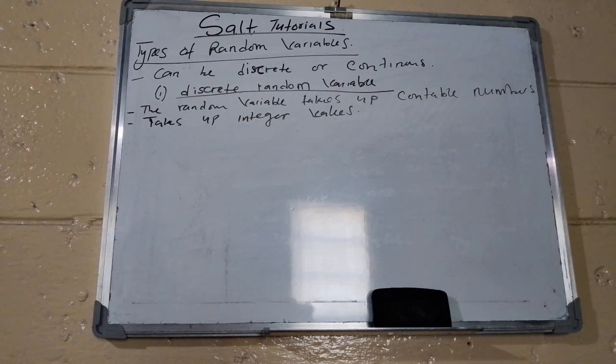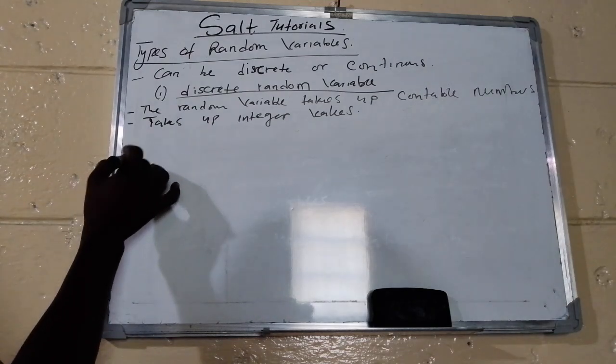Some examples of discrete random variables might include the attendance in a statistics class. If I look at how regularly you come for class, your attendance can be counted. Sometimes we can talk about the number of bids won by a building constructor. There's a possibility that a contractor can